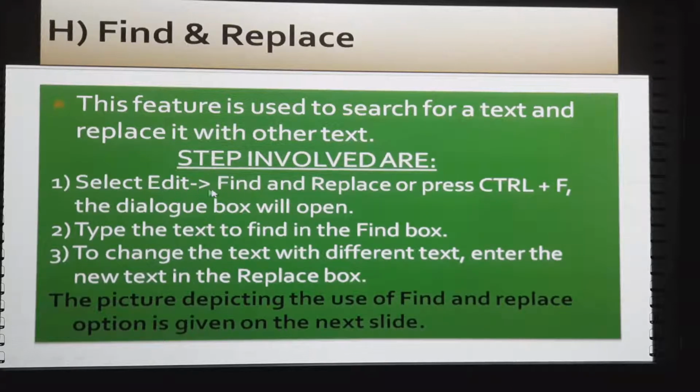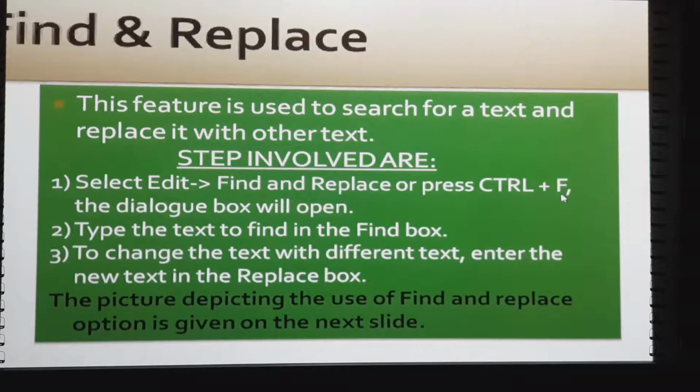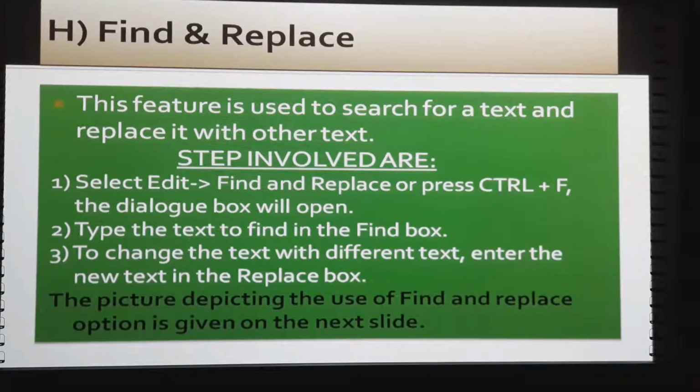Select Edit, Find and Replace option, or Ctrl F. A direct shortcut key is there, by means of which we can open this option, or from the Edit tab we need to choose the Find and Replace option, and the dialog box will open in front of us.